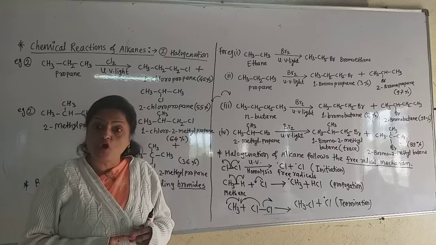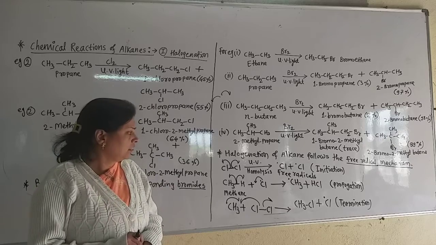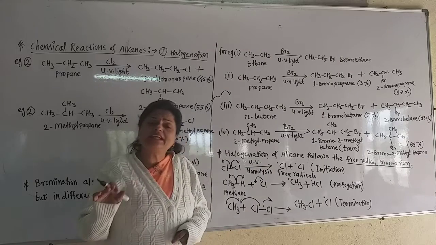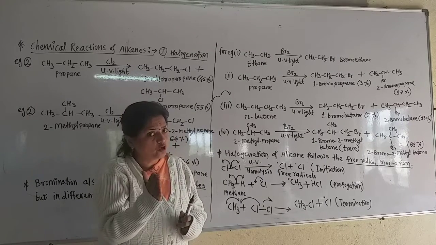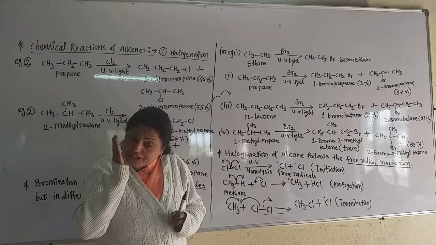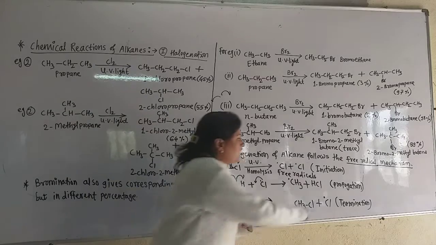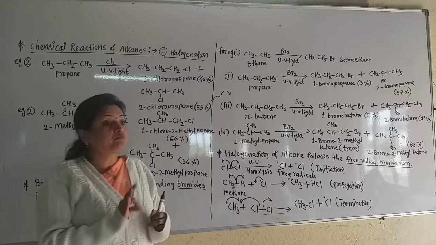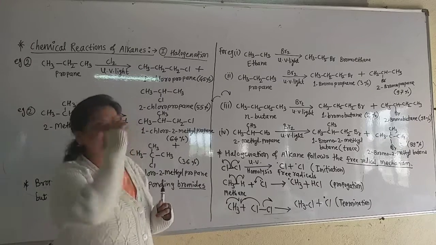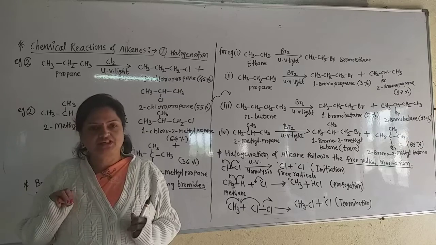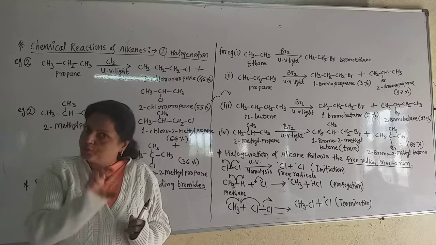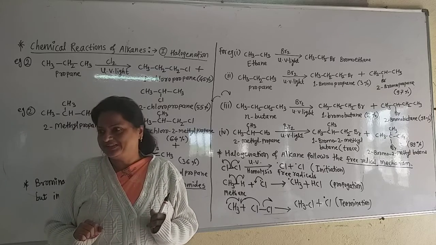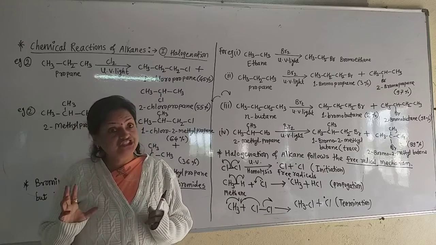How the plastic is formed in the industry, that we will see after that. Now see, these free radicals are first formed. As there is formation of free radicals in the first step, this first step is called the initiation. Remember that. The first step in which free radicals are formed is always called the initiation step. There are three steps in the free radical mechanism: initiation step, propagation step, and termination step. Remember, these three steps are very important.